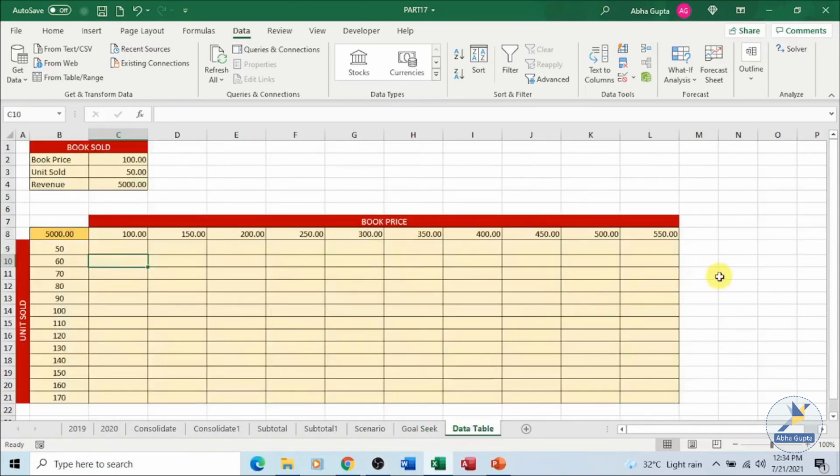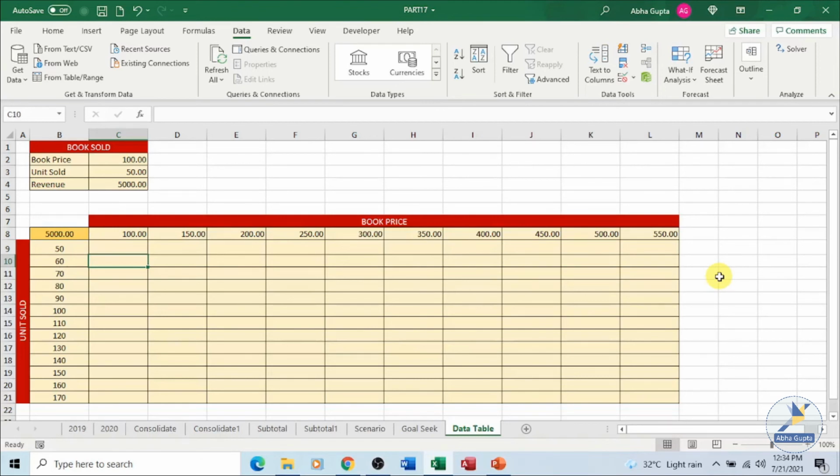Next what if analysis tool which we will discuss is data table. Now earlier, when we were working with scenario manager or goal seek, in scenario manager we had different scenarios where we changed the values of the variables.